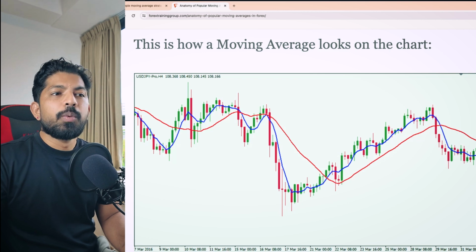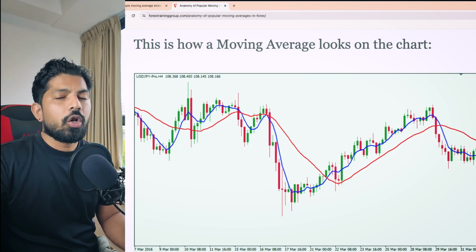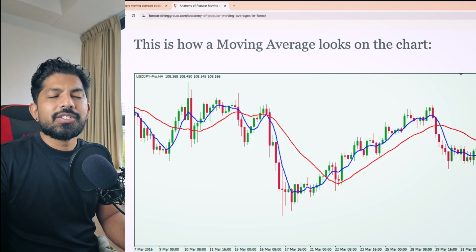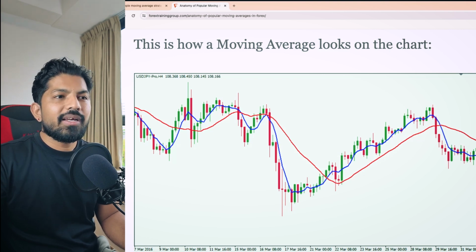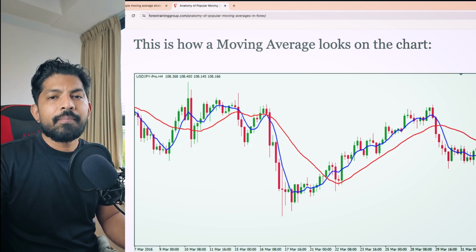Let's say this blue line is the short moving average and this red line is the long moving average, because we have asked the size of the window to be 3 for the short and 5 for the long. Here you can see that the short moving average is greater than the long moving average, so it will give a buy signal. And here the long moving average is greater than the short moving average, so it will return a sell signal.